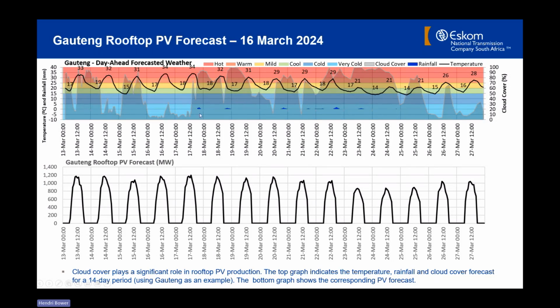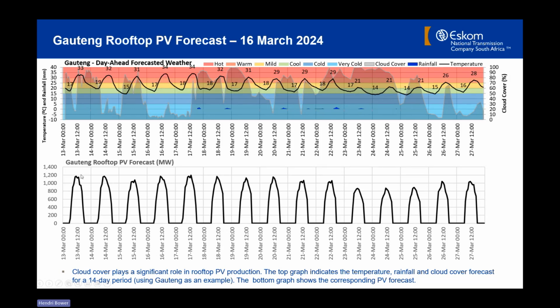And you might notice that there are small blips of blue every here and there. That's an indication of rainfall. So we can expect, especially on a day where it's very sunny, very hot, that our rooftop PV output is on a high level. So if we look here at the 16th of March, very hot, very nice weather,